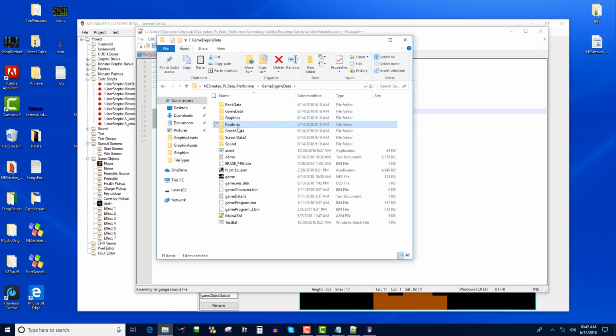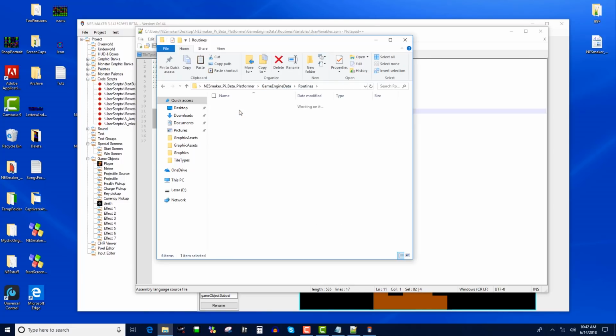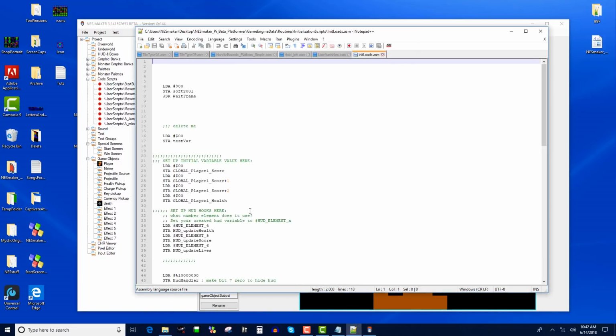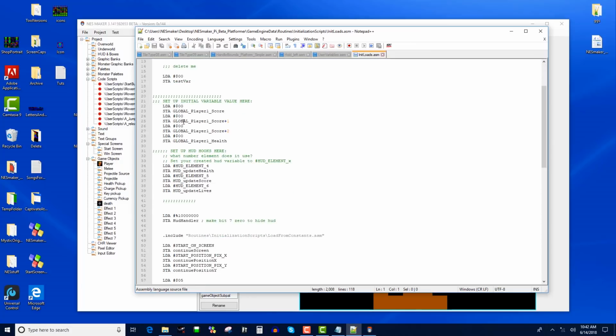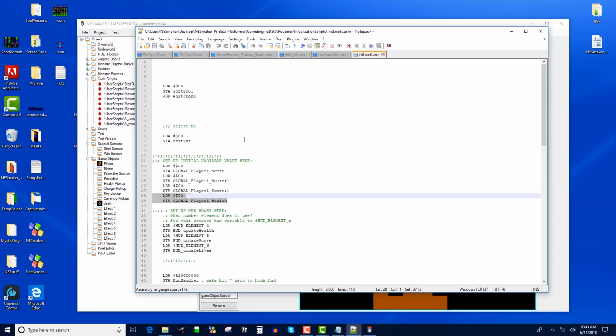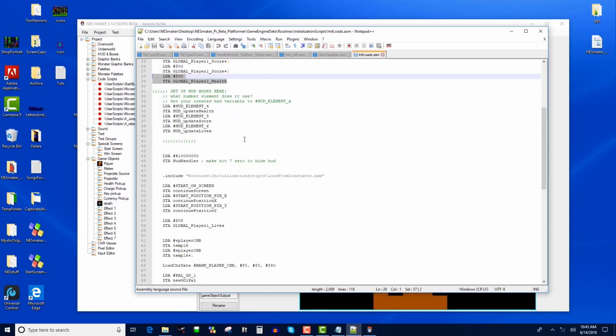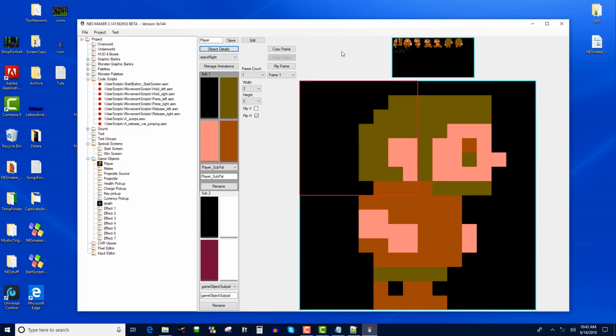So if I go to game engine data, routines, initialization scripts, and init loads, this is where I'm setting my score. This is going to be set by my player, so don't worry about that. But I do need to set my player lives, and I don't see where player lives is actually being set here. There you go, global player lives. That should be up here. I want to set it to 3 lives to start instead of 5. So 3 lives to start. Now, if I test my game,